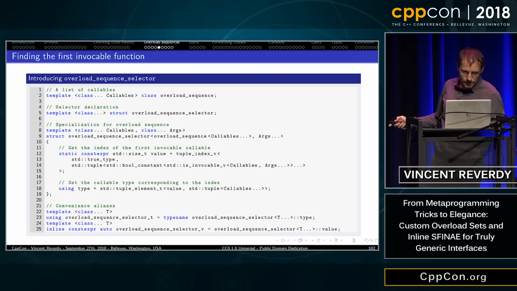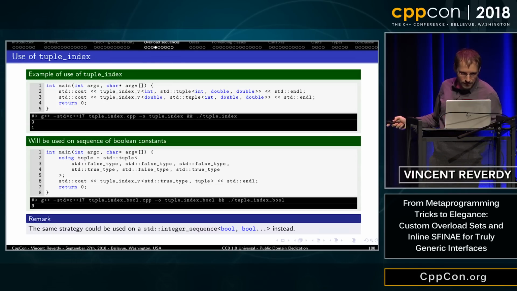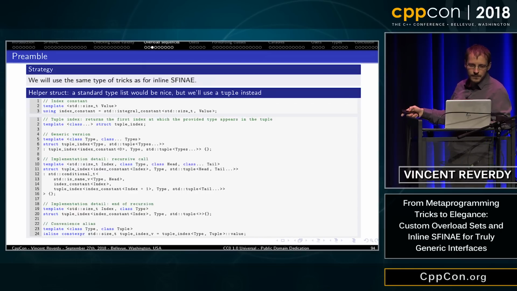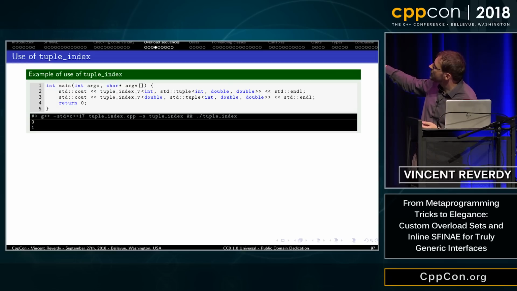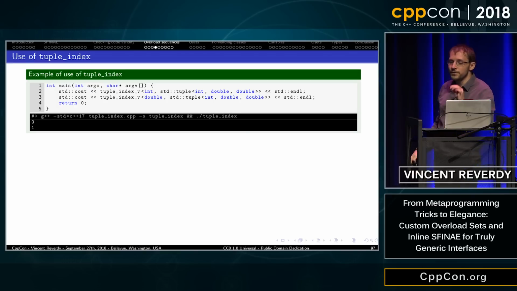Example of use: if I call tuple index v on int, double, double with int, it should return 0, and if I do the same with double, it should return 1. It returns the first type that is equal to one type in the tuple.